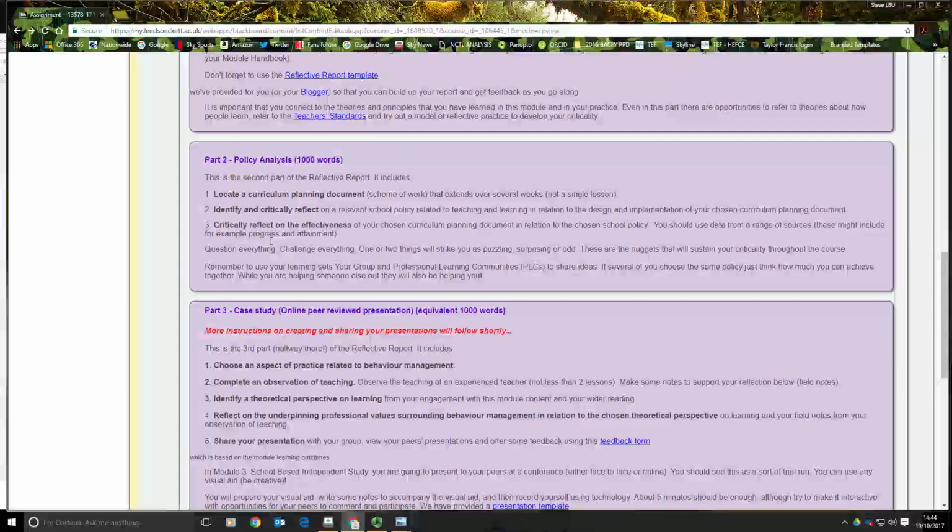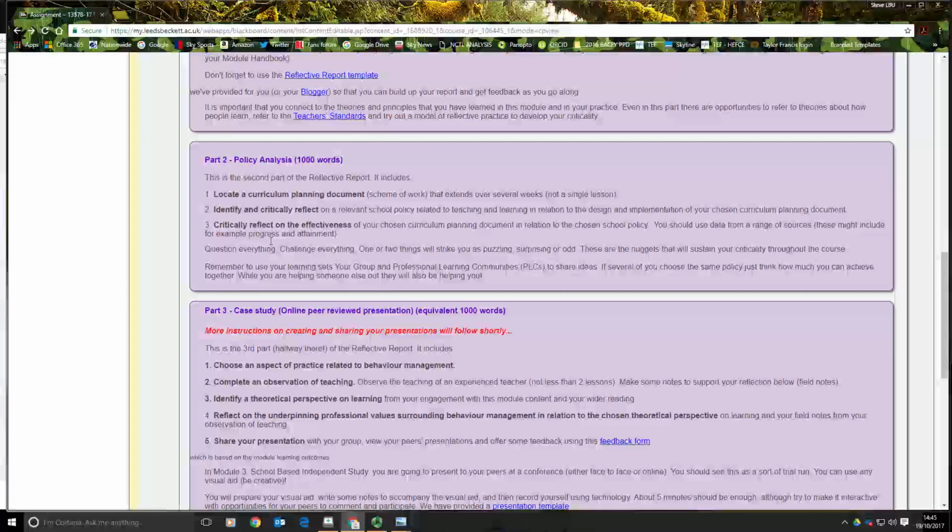Because you are going to run out, you're literally going to run out of things to say. So have a look at your planning documentation, have a look at your schemes of work. You might call them medium-term plans, you might call them long-term plans, but anything that extends over a period of time where you are expected to chart out outcomes for your children or your students, methods of study, show what your pedagogical decisions are, and think, well, what kind of policies in the school link to those kinds of decisions.